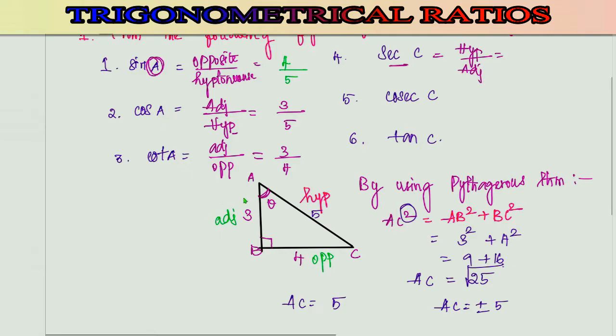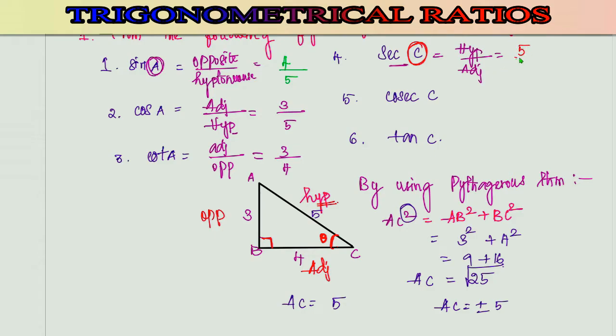Now if you look at this diagram, opposite to the right angle always it is going to be the hypotenuse side, and the angle of reference here is C. So you need to consider C as the theta value. The angle of reference is going to be formed at angle C. Okay, now listen carefully. When this is theta value, opposite to theta, this side we used to call as the opposite side, and now this has become the adjacent side. So hypotenuse side is 5 divided by adjacent side we have 4. 5 by 4 is the answer.